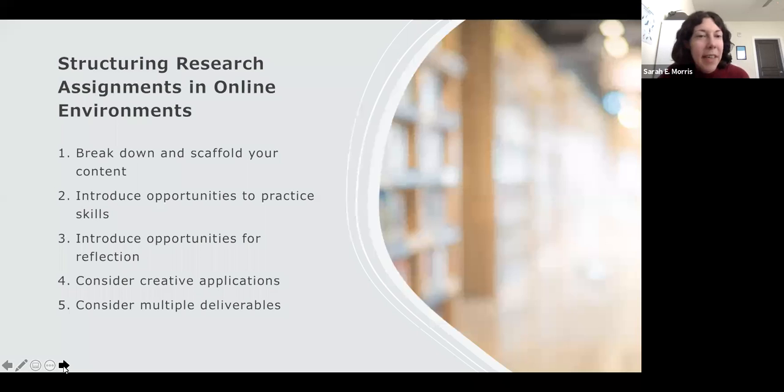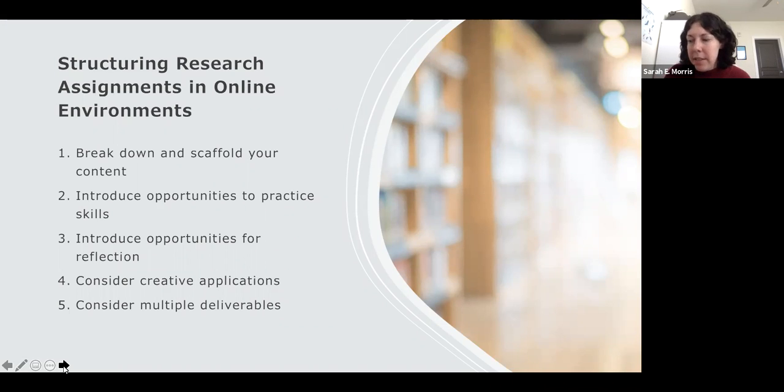So, a couple of things you can consider here. Number one, and I think this is important whether you're online or offline, is to consider ways to break down and scaffold your content. As we mentioned, undergrad students can have a lot of different experiences with conducting research. There can be pain points and tricky elements there. Research is really complex and involves a lot of different skills and types of work. So finding ways to break down that assignment and build in additional check-in opportunities can often be really valuable. It can be a way for you to make sure students are on track, having success, and doing well,